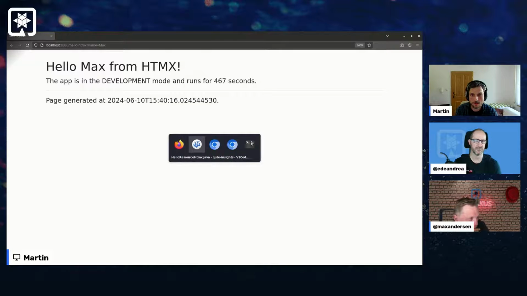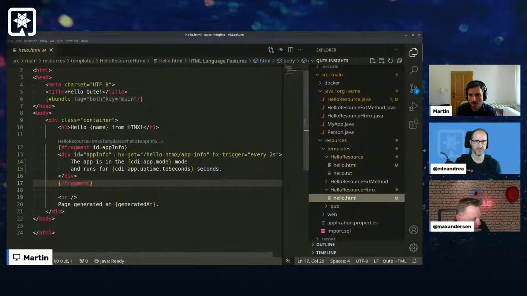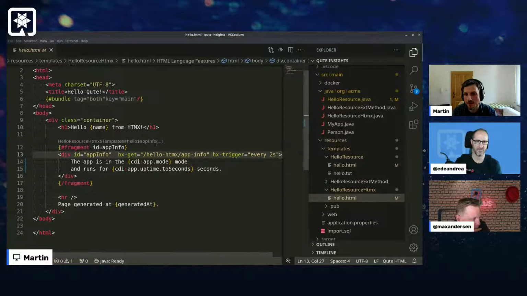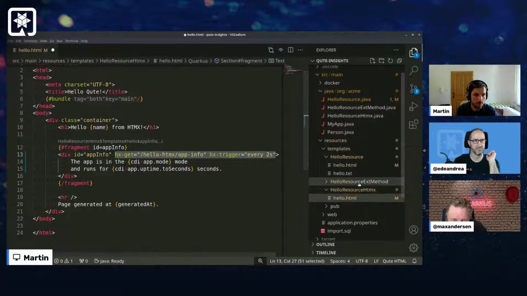If you look at the template again, I don't know whether we actually showed it. Yes, there is a div in here, and it has two special attributes. One is HXGet and the other is HXTrigger. So this basically tells the HTMX library to send a request with Ajax every 2 seconds and request this particular path, which is in our case the fragment. So this HTTP GET maps to